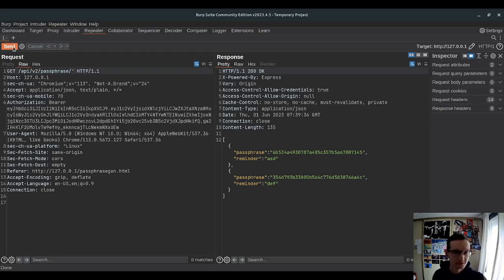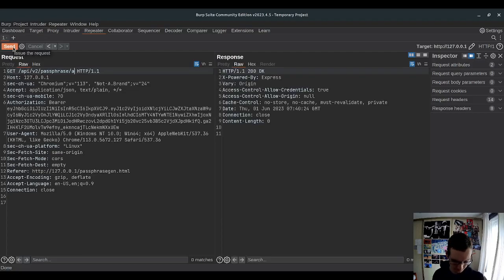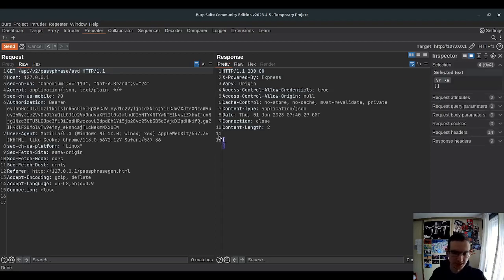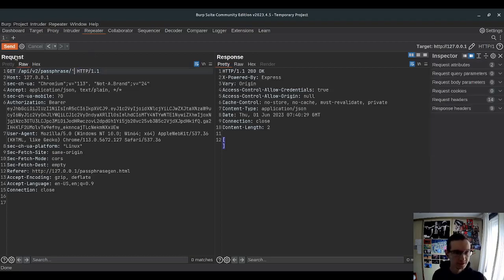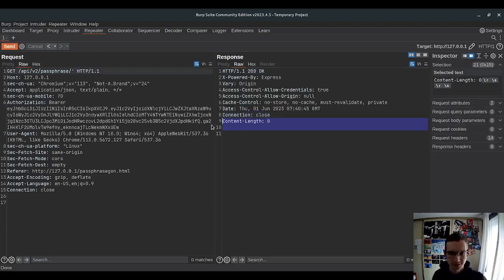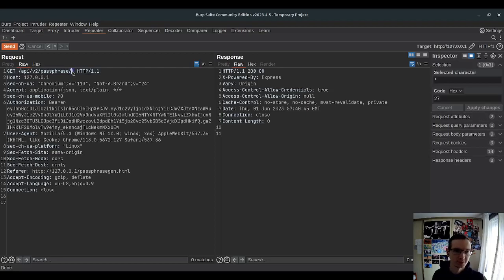So let's first of all see if we have something here, if it's an invalid user. If we put an invalid user, then we get these square braces, right? But when we put a quote, we get nothing. And it's probably an indication that something special happens when we put a quote. That means that something fails and we can probably suppress it. So based on this indication, we can assume that we might have an SQL injection and we can try to